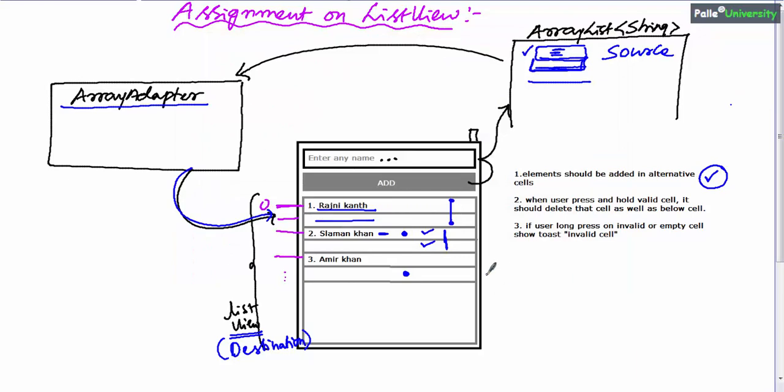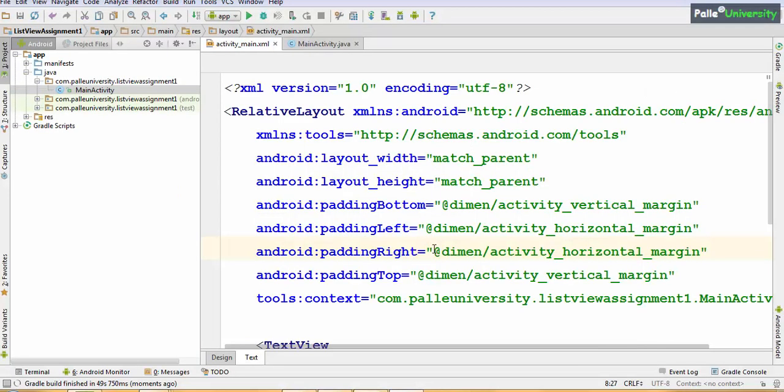Now, I will elaborate the step-by-step process. The first step is we have to design this screen. Anyway, I am not going to focus too much on the screen design. I will take one vertical linear layout where the first element is an edit text, then a button, then a list view. Now let me open the activity XML first. First I will modify this relative layout into a vertical linear layout. Let me give